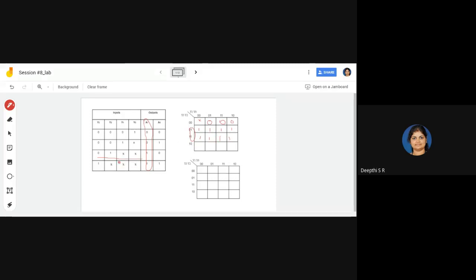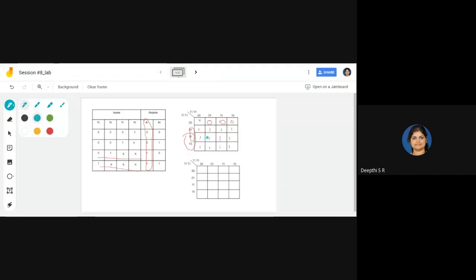Okay. So if you consider the last row where Y3 is 1 and the remaining can be anything, then the output is 1. So Y3 is 1 in these two rows. So let it be like that. 1, 1, 1, 1.